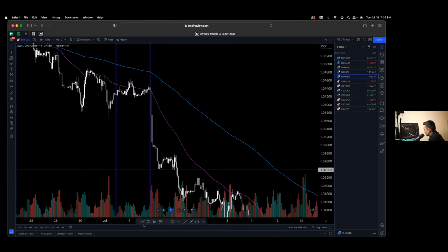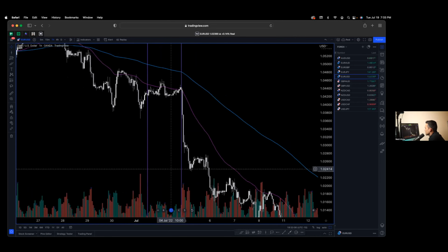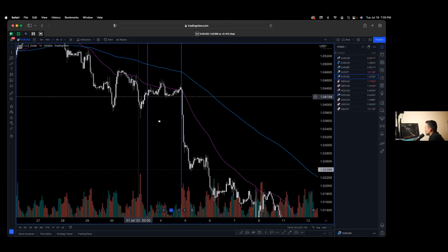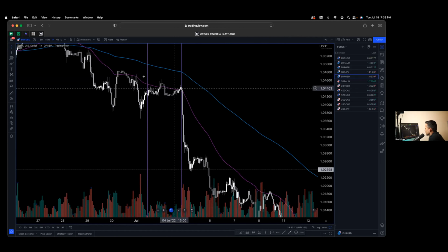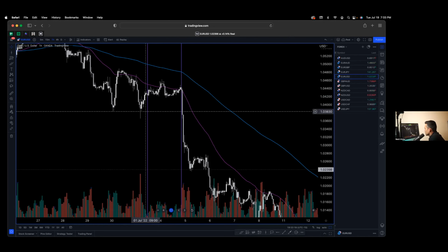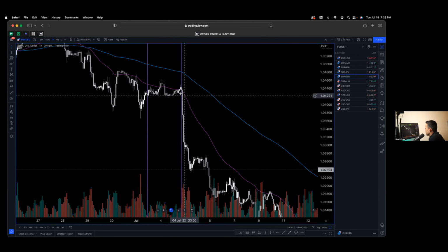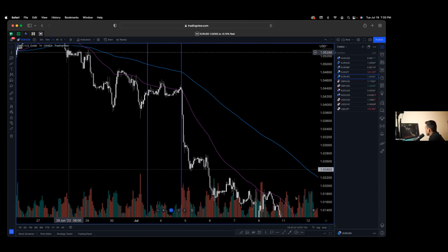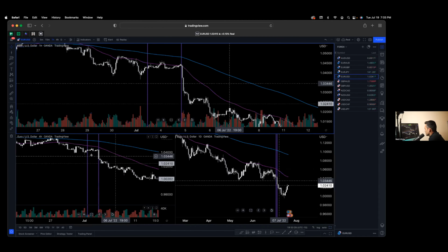Let me move this so we can see. This is around 9 to 10 o'clock at night. So that's something to consider during important holidays or events that are coming up. It reflects in the charts that there's not a lot of traders trading on July 4th. They're enjoying their holiday off, and then price comes in right in pound with euro, or the euro, I should say. But yeah, that's just something I observed.